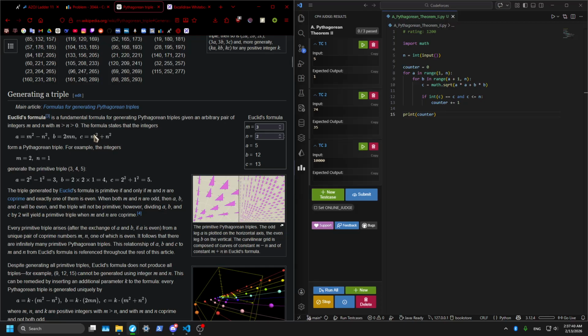Where m is greater than n, GCD of m, n is 1, and m minus n is odd. Then we multiply by k to get non-primitive triples. Okay, so